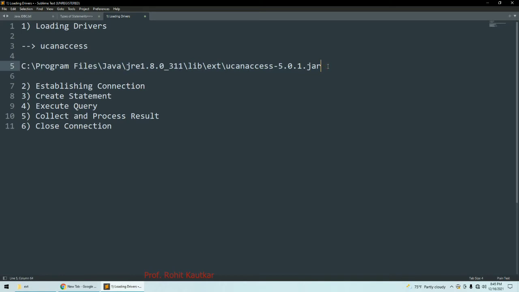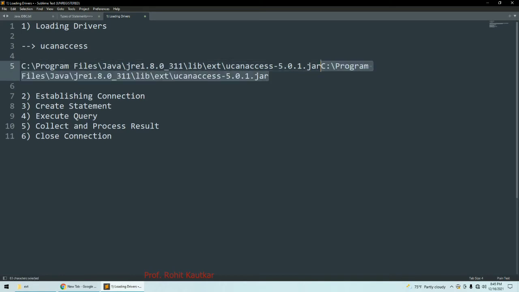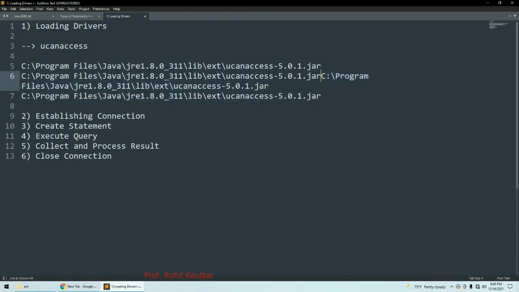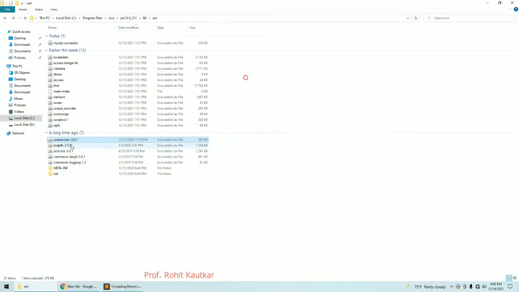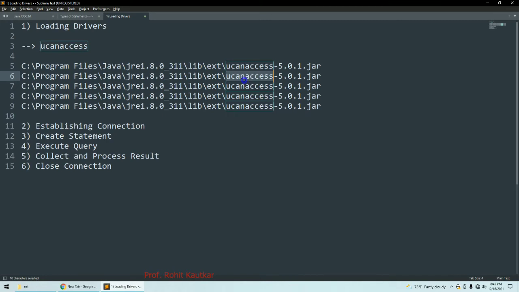Now in the same way, what I have to do? I have to copy the path for remaining jar files like this. Now just replace these names whatever you have. So I will copy this over here. Okay, this remaining thing I will remove like this.